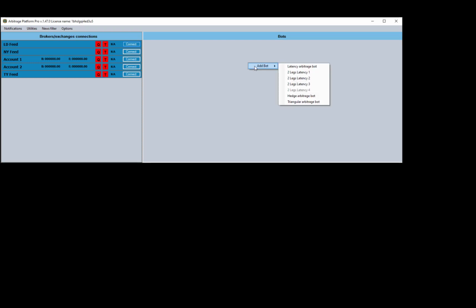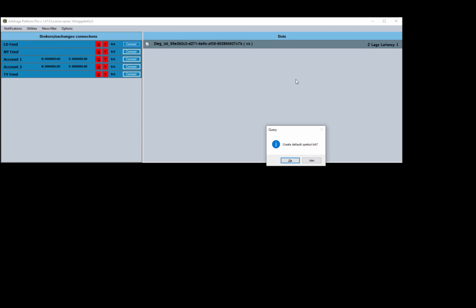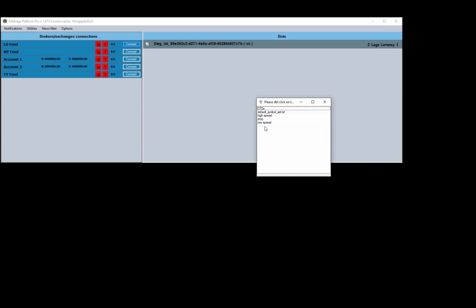I right-click and select Add Bot and choose the two-leg latency one. The system will ask me to create a default symbol list, for which I click Yes, and from the list of preset symbols, I'll choose the prop firm. The list is a list for trading CFDs, default, brokers with a large spread, and prop firms. I choose prop firms, and automatically settings will launch for two-leg latency 1, and you'll see that we already have